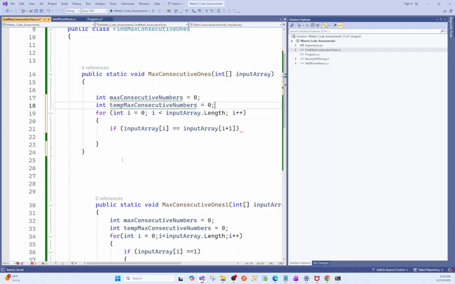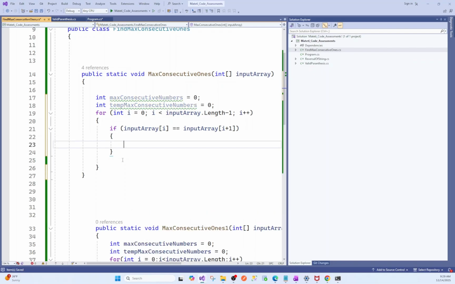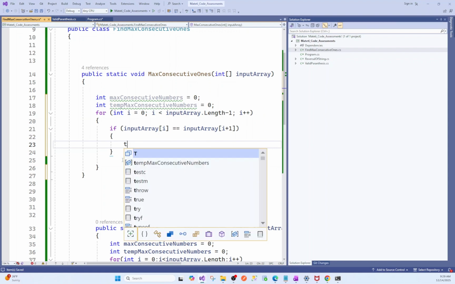Since we are using I plus 1, I'm going to make it length minus 1. So if both are same, then I'm going to increase the temp count